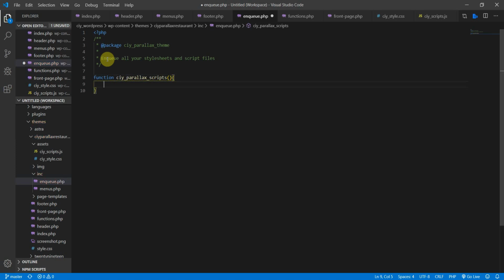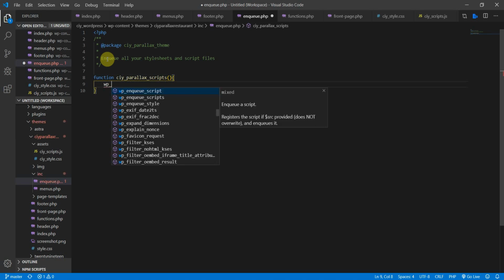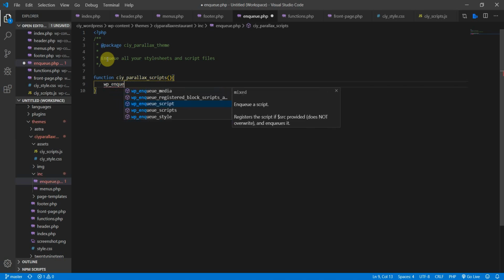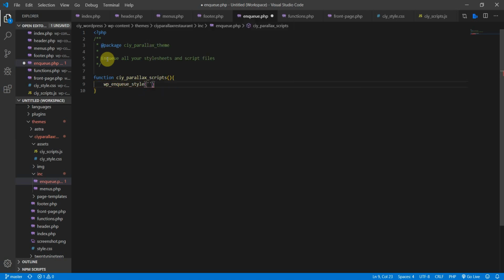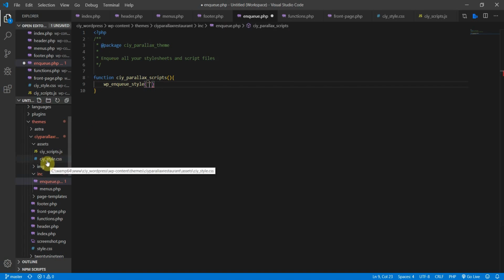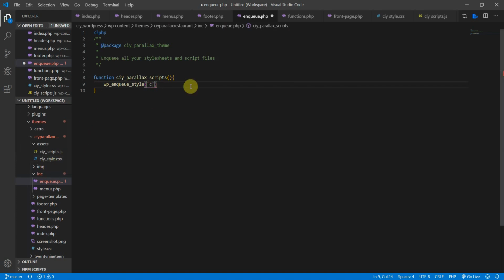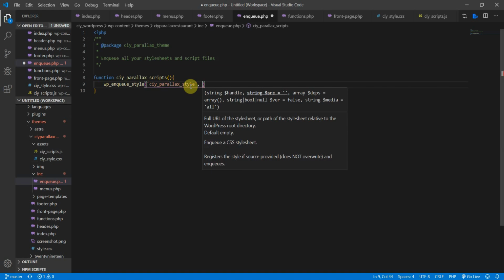And then here what we need to do is use a function called wp_enqueue_style. So enqueue_style. Okay, and then a little ID for this one, and I'm going to give it the same name here. So actually, I'm going to go CIY_parallax_style, and then we get